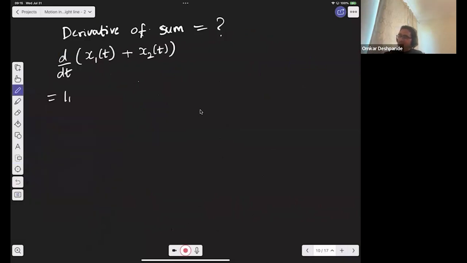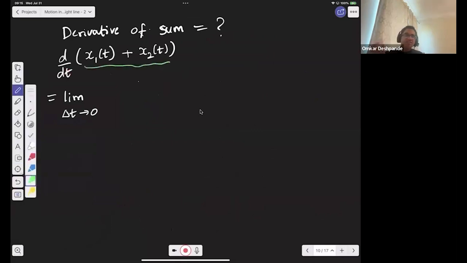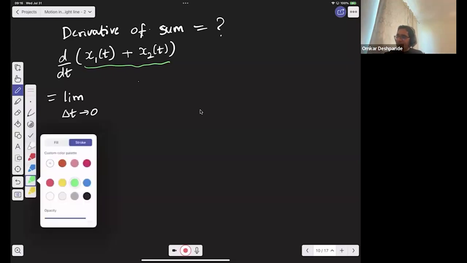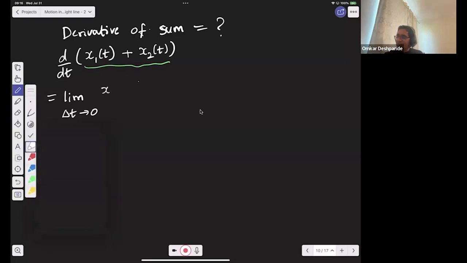Again, we can fall back on the basic limit definition of the derivative and figure this out. What's the expression for the derivative? Well, I'm going to treat this whole thing as a new function. What is the value of this new function at t plus delta t, minus the value of this new function at time t, divided by delta t? Right. So what's the value of this whole thing at t plus delta t? It's going to be x1 at t plus delta t plus x2 at t plus delta t,